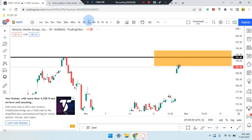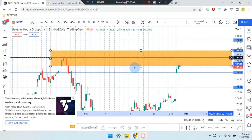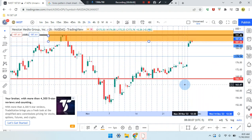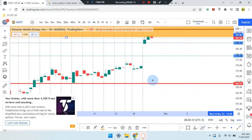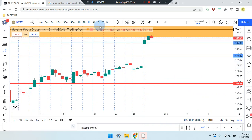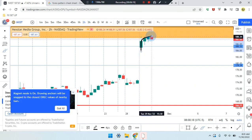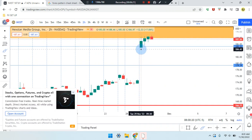Headed down to a 3-hour. 3-hour time frame, price action reading as a bearish red candle. So that market is doing the same thing, which is spiked up and has worked its way sideways. 2-hour time frame, same as well, pushed up sideways, which is a pattern here, because if you think about connecting